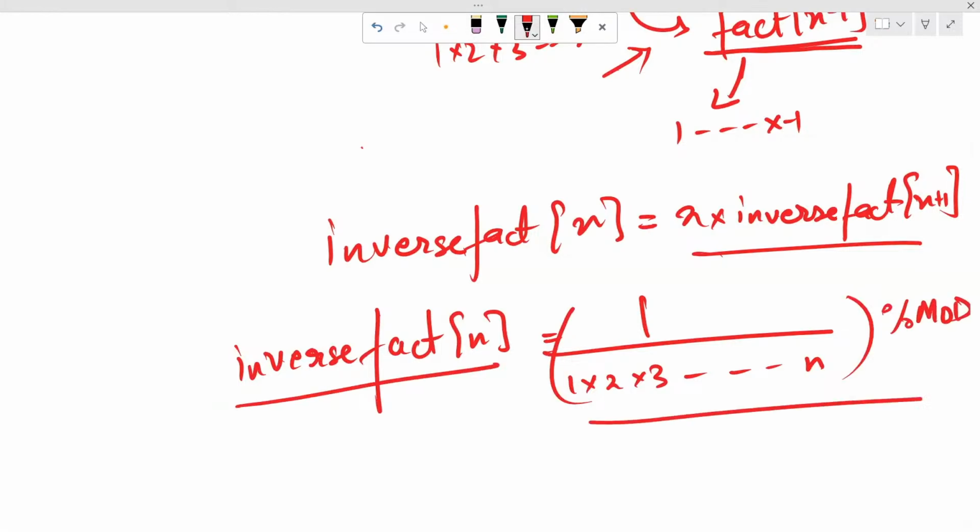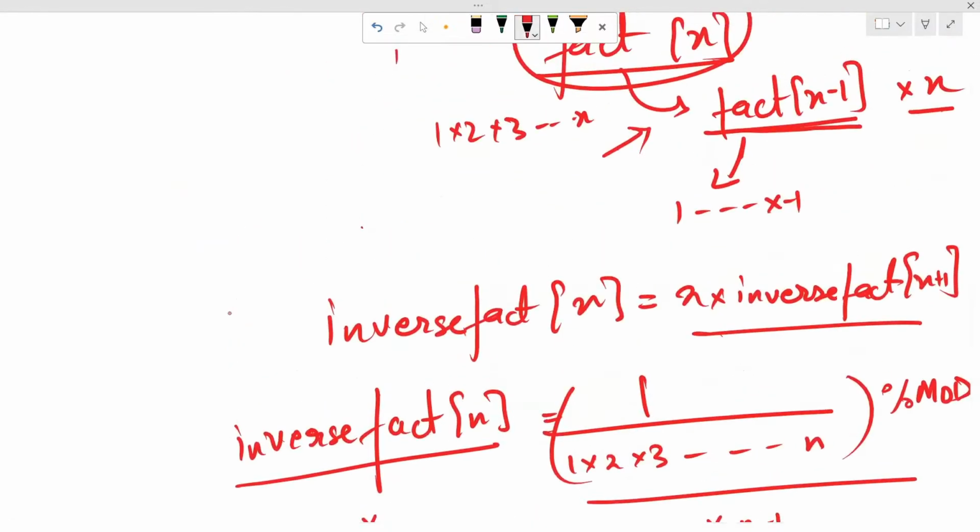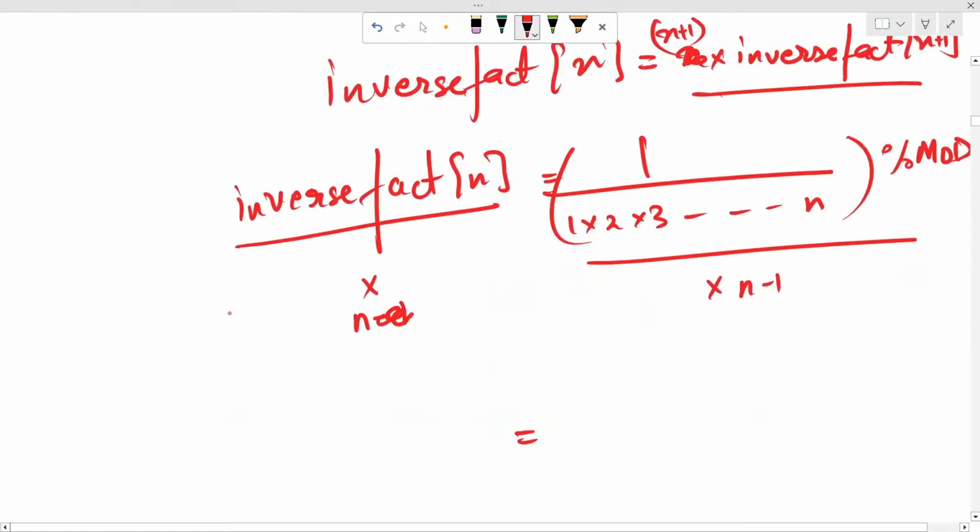This is the same as this thing, right? Yes, no? So if I multiply both the sides with n, here I have written it wrong, it should be x plus 1. If I multiply both the sides with n,